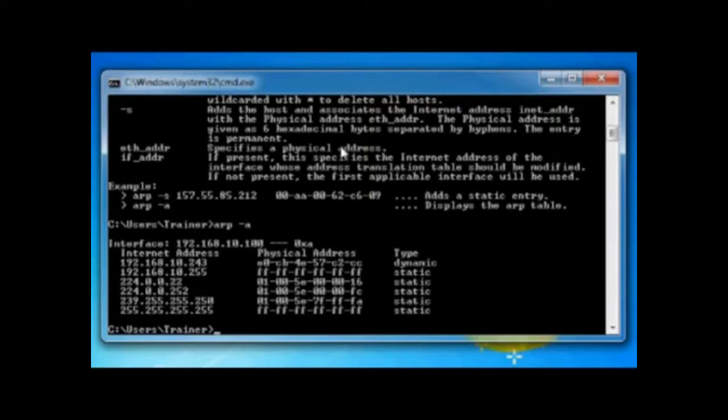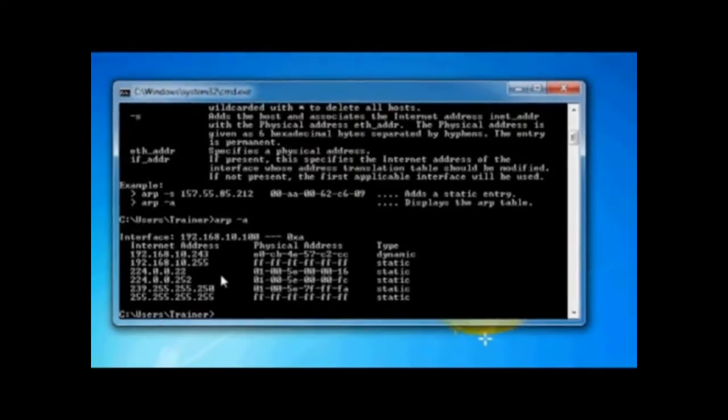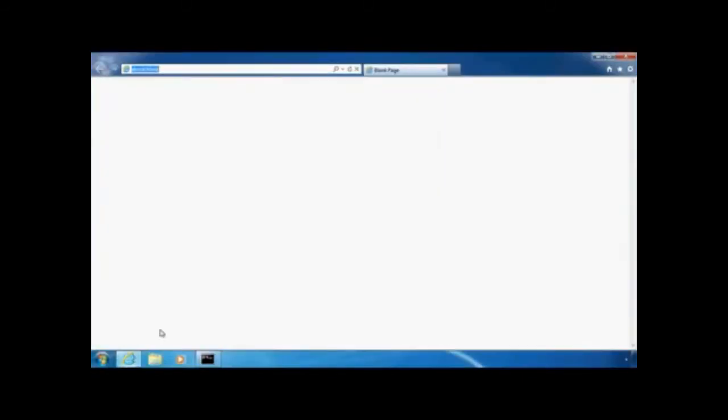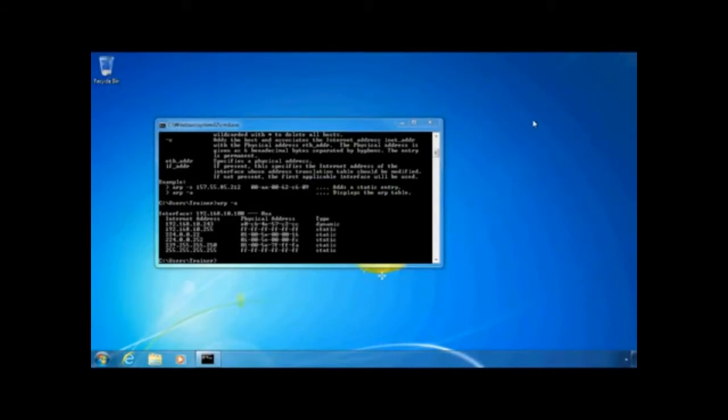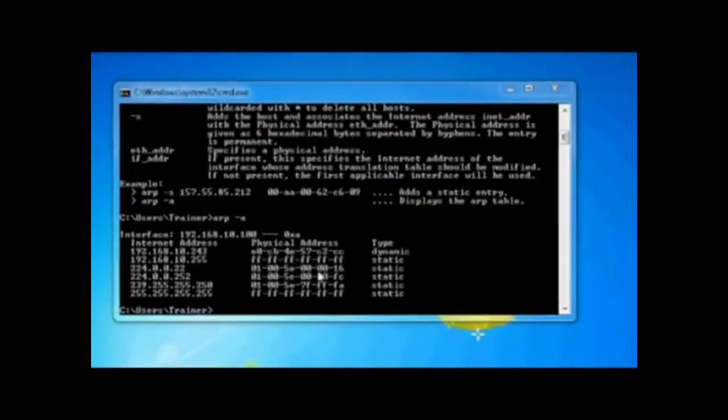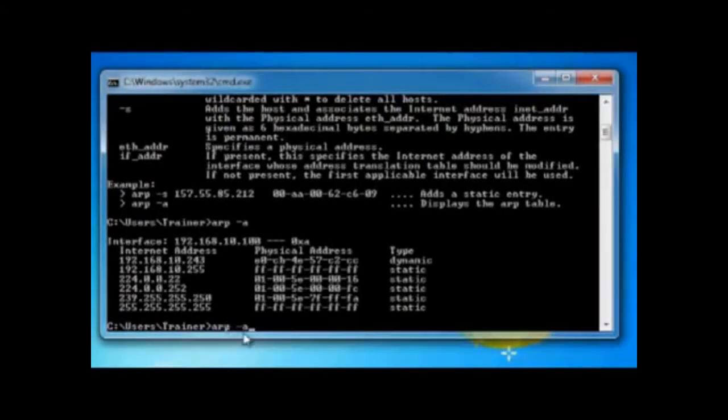And by the way, I never know what this is going to show me. And the reason why is because it is dynamic. In other words, it has to do with what IP addresses I have communicated with recently that I still have stored in this cache. So let me give you an example. Let me go ahead and I'm going to open up Internet Explorer. And let's just go to Google. Now, why am I doing this? Well, I just wanted to make connectivity outside of my network. And what I want to show you here, if I come back and do the ARP -a command again,